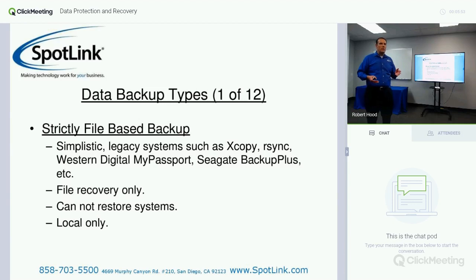So the first one is strictly file-based backup. These are very simplistic legacy systems such as Xcopy and rsync. Those are more manual, program-ish type operations, as well as some of those that you can go buy in a store with external drives such as Western Digital MyPassport or Seagate Backup Plus, etc. These are generally for file recovery only,